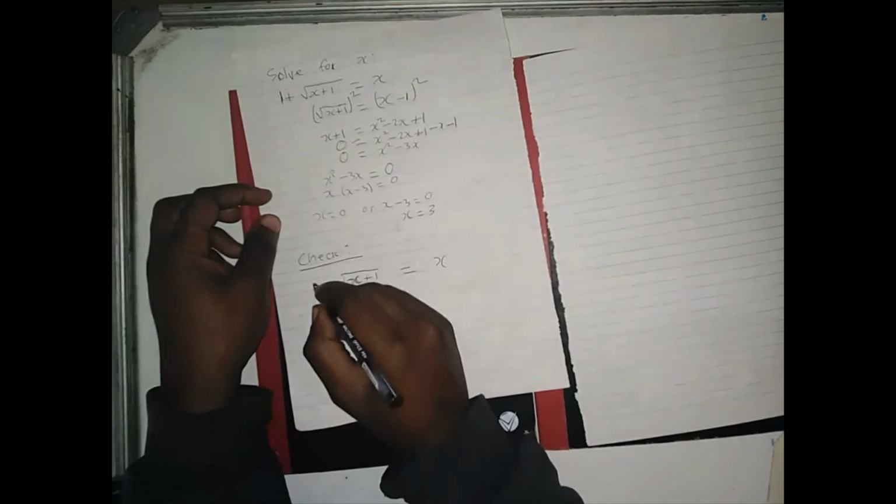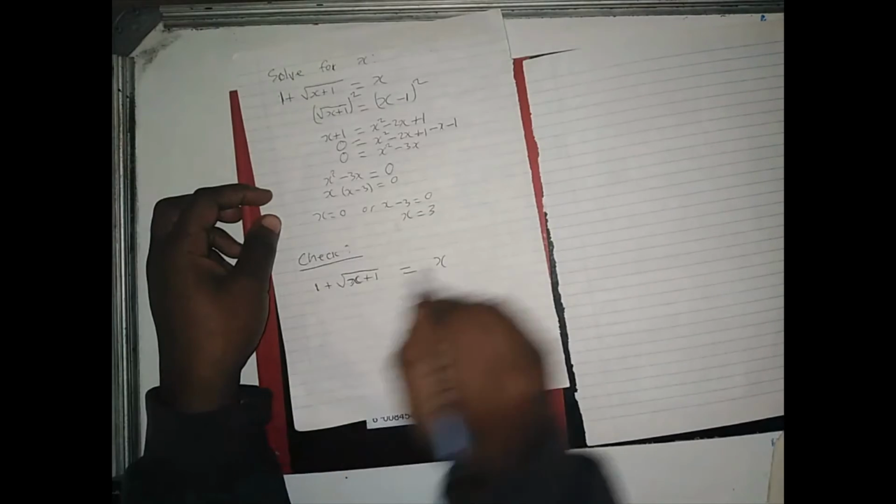So we're going to test both values. We substitute them in this equation, and then the left hand side must be equal to the right hand side for the answer to be correct. If the left hand side is not equal to the right hand side, then we know that our answer is wrong. Right, great. Now let's start with